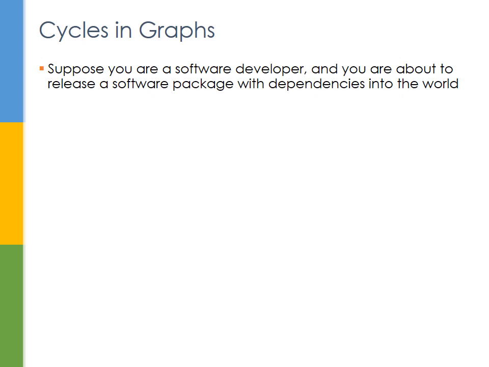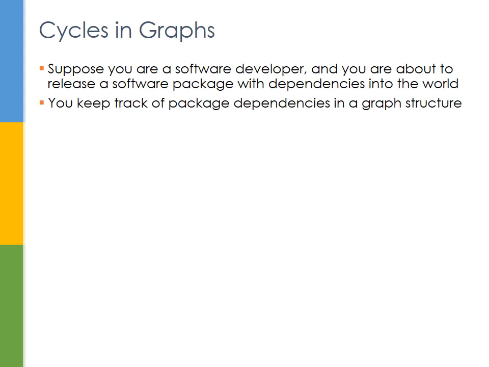So let's imagine that you're a software developer. You've developed a software package, and this software package has dependencies. So if one software package has a dependency on a second software package, it means that before the first software package can be installed, the second software package must first be installed. And of course, that software package may have its own dependencies as well. So we of course want to keep track of package dependencies, and we can do this by means of a